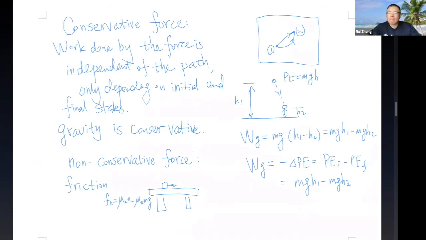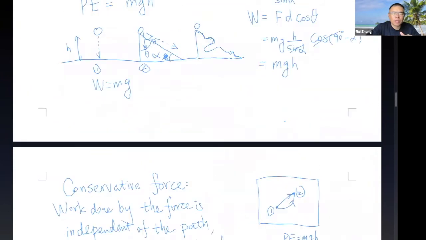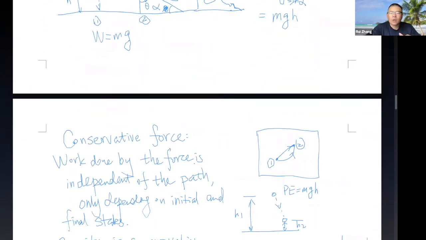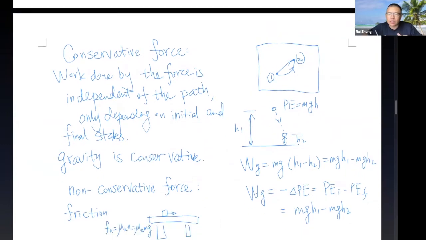And does that make sense to you guys? So what I'm trying to say here is, since the work is independent of path, now in the future, instead of going through the specific procedure of calculating the work along a specific path, what we could do is just use this relation here